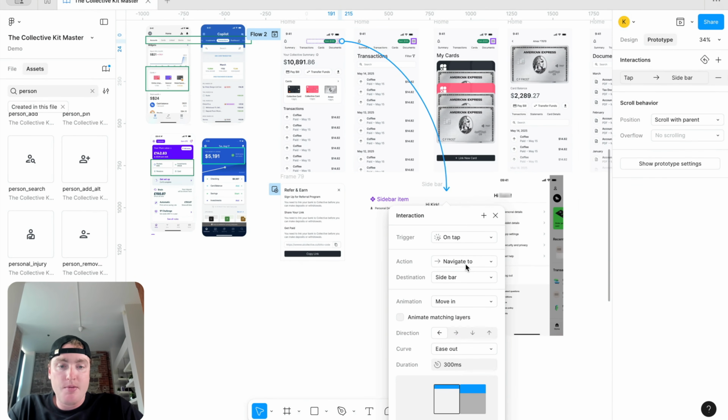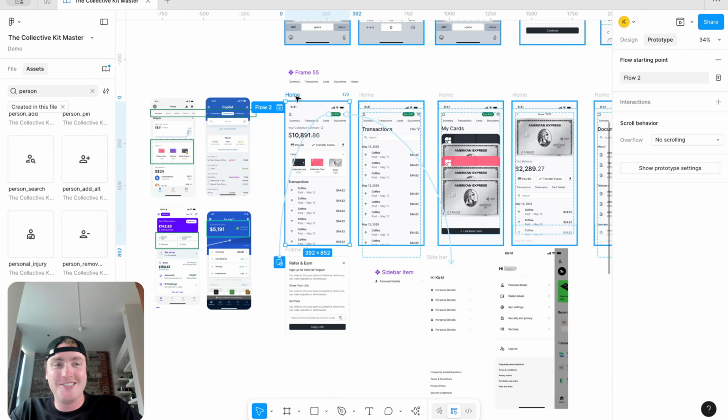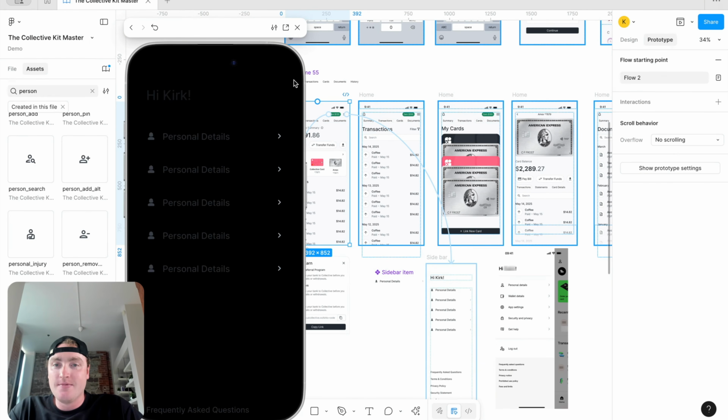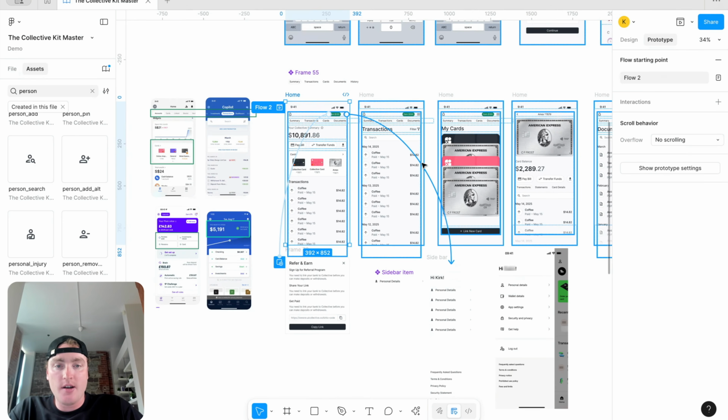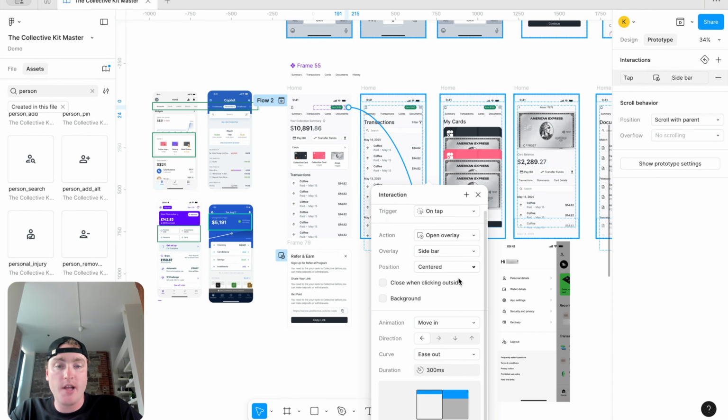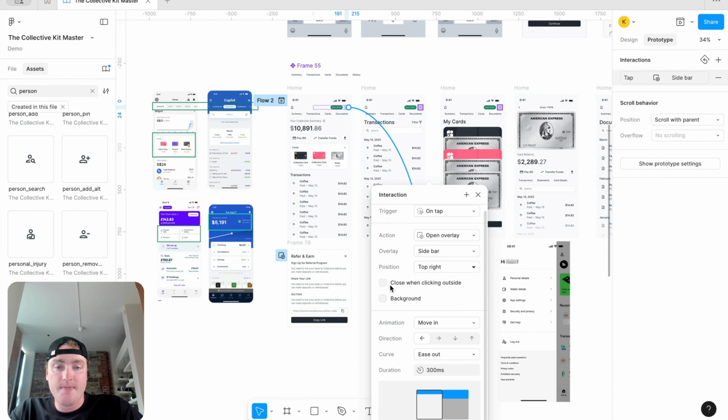So on tap, we are going to move in. So this is exactly what I wanted. We're going to try it out, and let's go ahead and just preview this. Oops, that's not as I wanted, actually. Sorry, I should have looked a little closer. We don't want to navigate to, we want to open the overlay. We can set that top right, move in from that side, close when clicking outside, and let's add a little